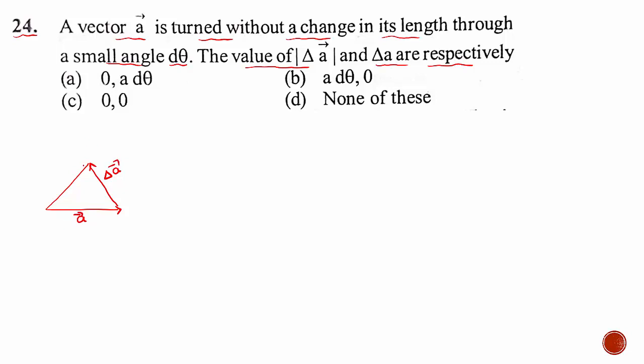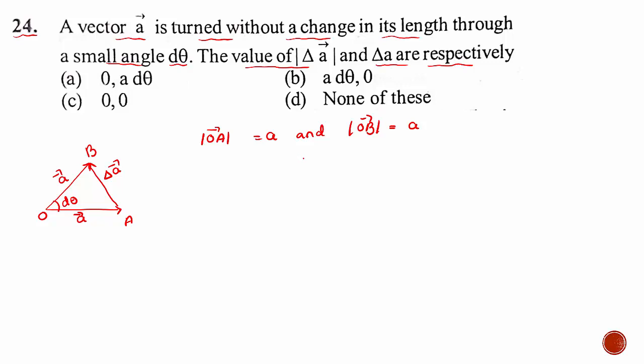Then we will get the new vector B. We can take it as vector A. This is also having the same length. It is given there is no change in the length. So we can take A, with some angle d theta it is turning. So I can write this is O. Mod of OA is equal to A. Similarly, mod of OB is equal to A because both have the same length. It is turning without any change in the length.